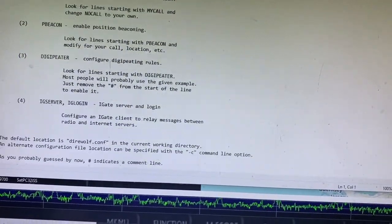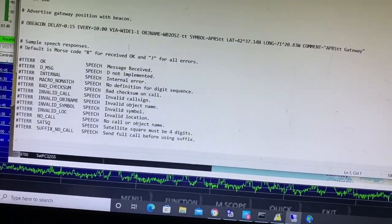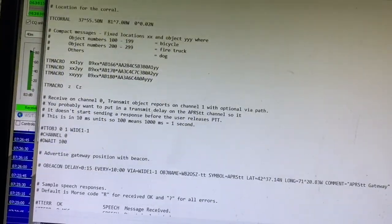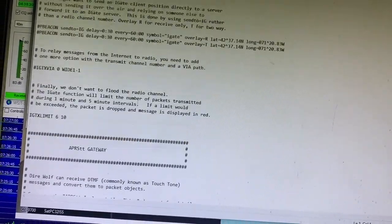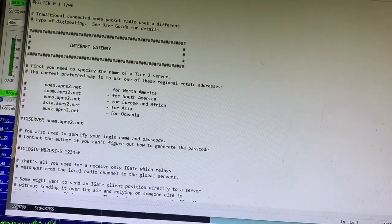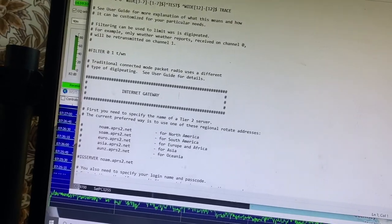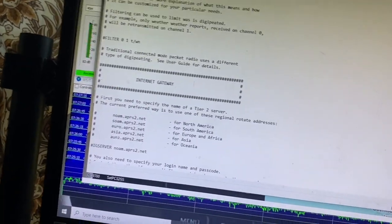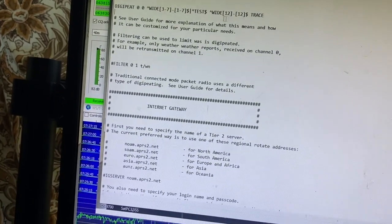This is Direwolf conf. There's documentation and tutorials to take you through that. The only difference on mine is that I've set it up so it repeats. There's lots of other things you can do on it as well, such as iGate, internet gateways, if you want to relay the data over the internet. I don't do that at home with this because I'd end up repeating a lot of packets. And for this exercise, I'm not interested in internet. But here we can see